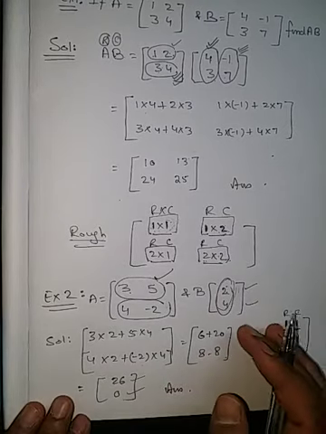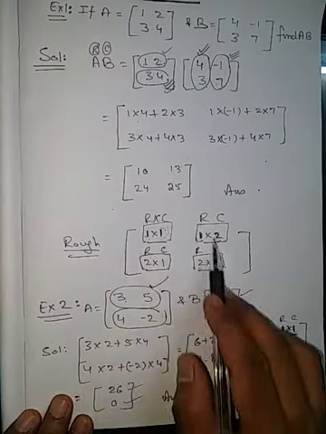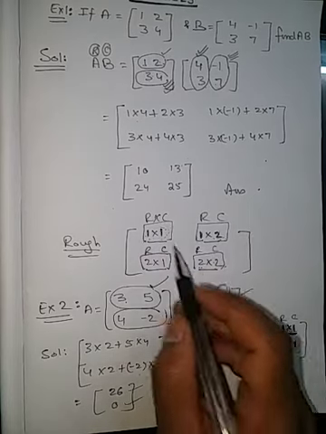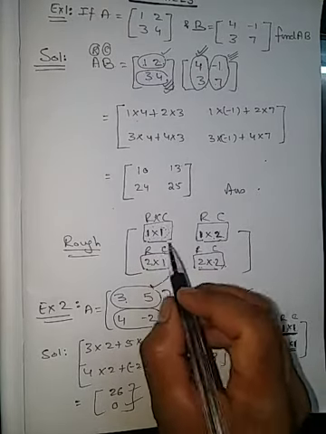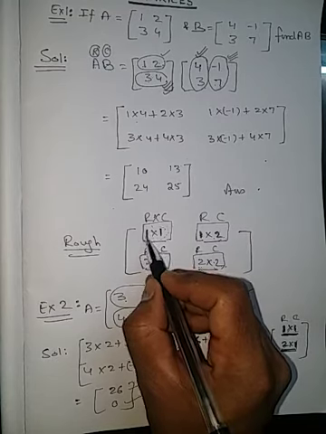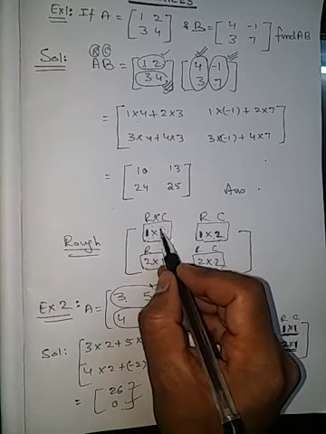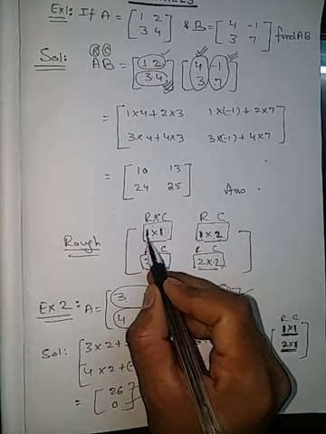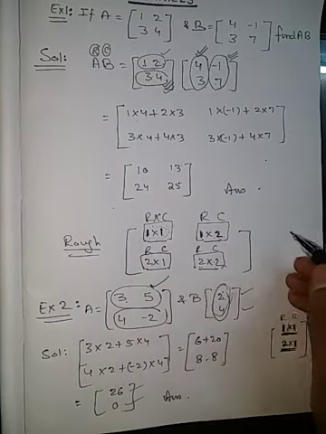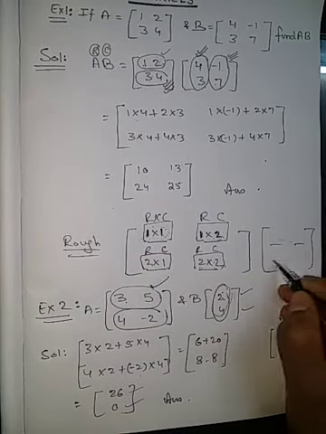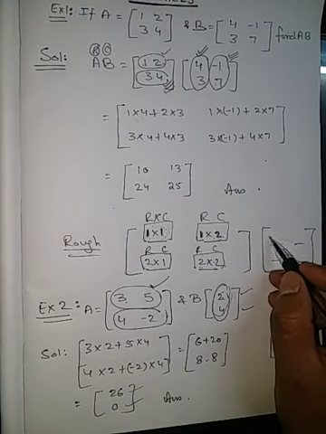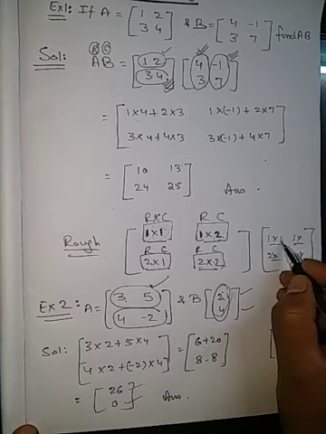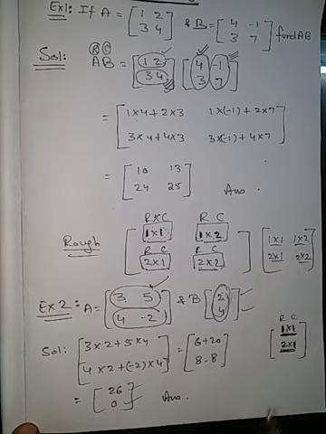Finally you have to see how many answers we are getting. Suppose we are getting four terms. Write the positions of those terms: at the first place write the positioning of the row, at the second place write the positioning of the column. Always we have to multiply row into column. So write the first row, then the second row, now cross multiply, then see the first column, then write the second column. This way you multiply.